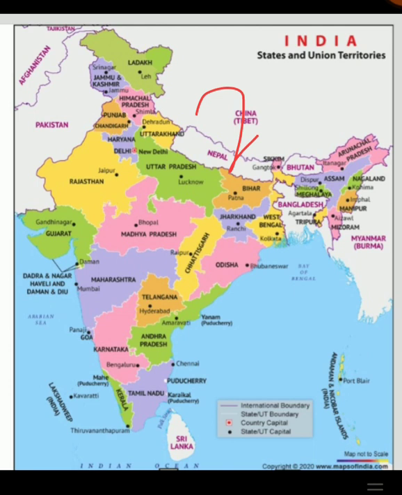and has 6 major physical features. As I told you, the northern mountains, the northern plains, the Great Western Desert, the Peninsular Plateau, the coastal plains and the islands. Next here, the northern mountains include the Karakoram range, the Himalayas and the Purvanchal ranges. Next important point is the fourth one, that is the northern plains stretch from west to east between the Himalayas in the north and the Deccan Plateau in the south.